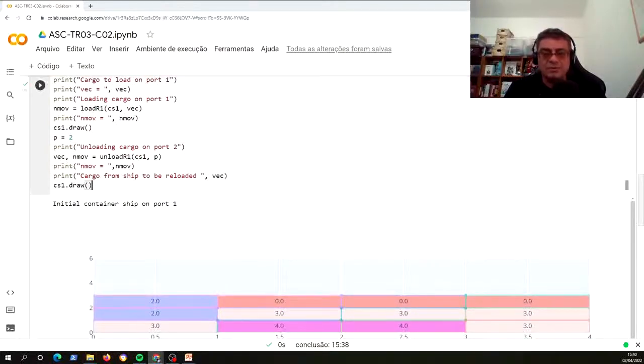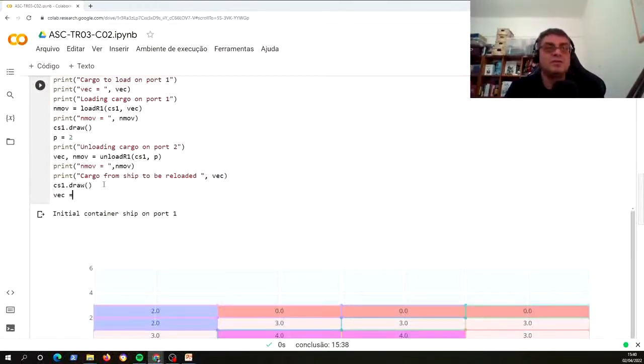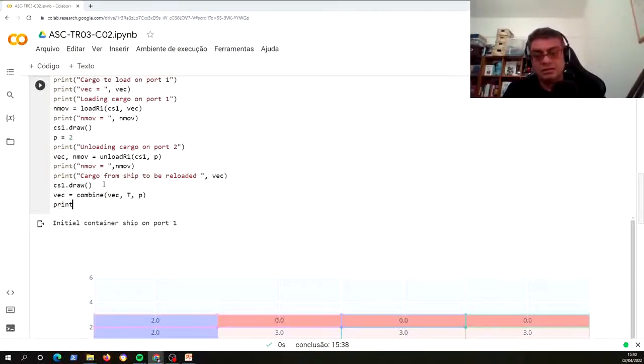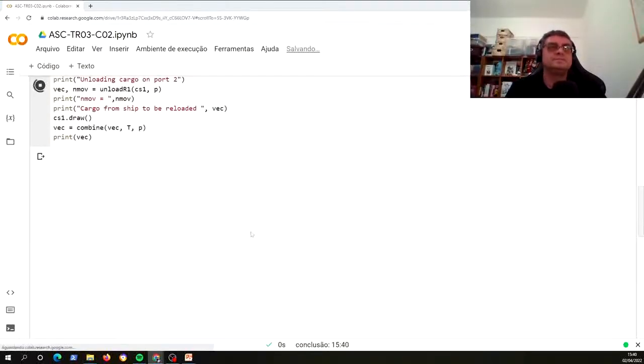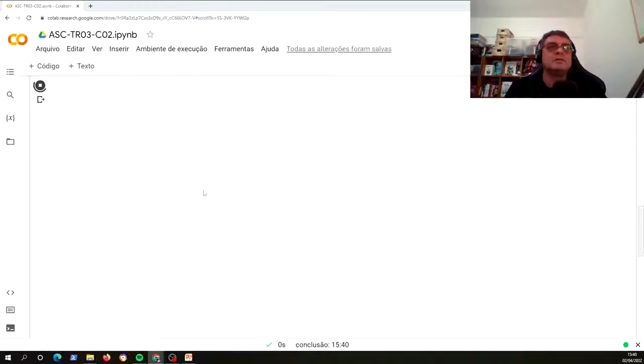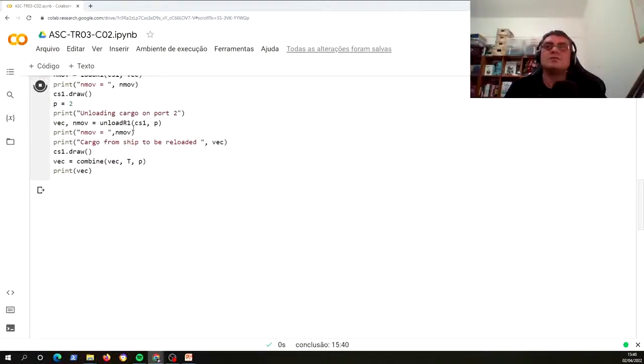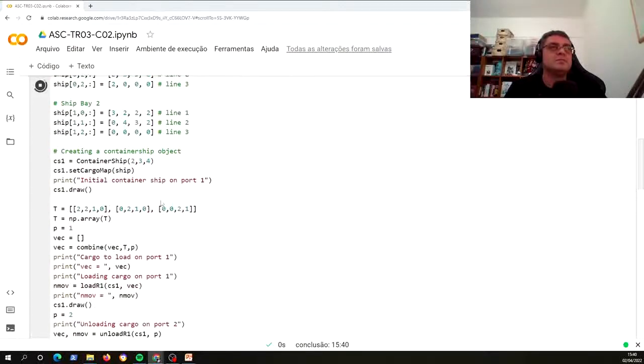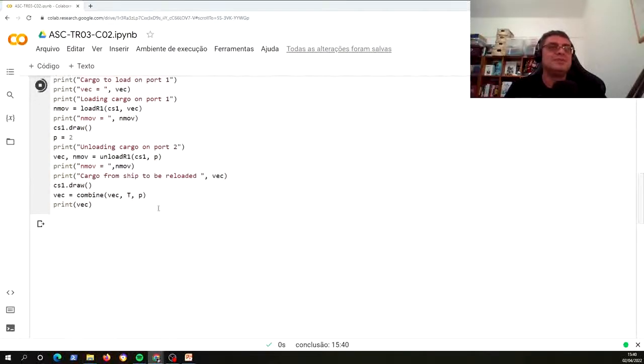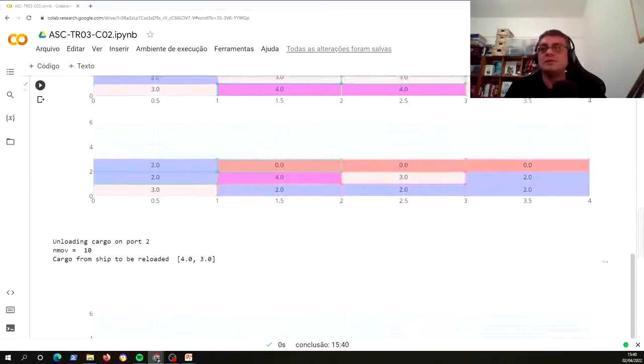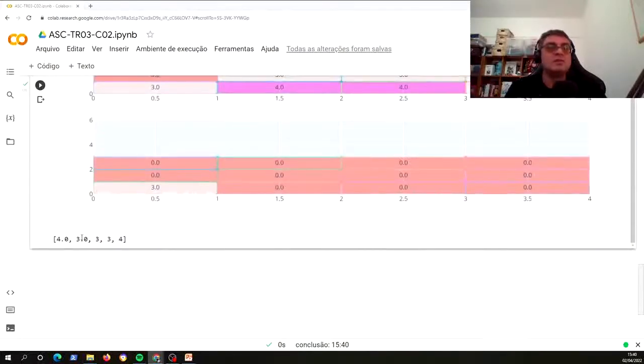So just to finish this, what happens if we apply the combine function here? If we apply the combine function, we have this. And let's print this list. Okay, so let's check out what happens. I don't know why it's taking this time, because it's not working fast. I don't know why. Normally it's very fast. Okay, so this is the final